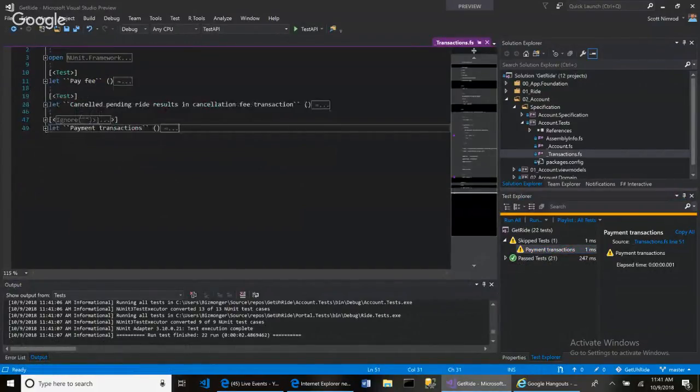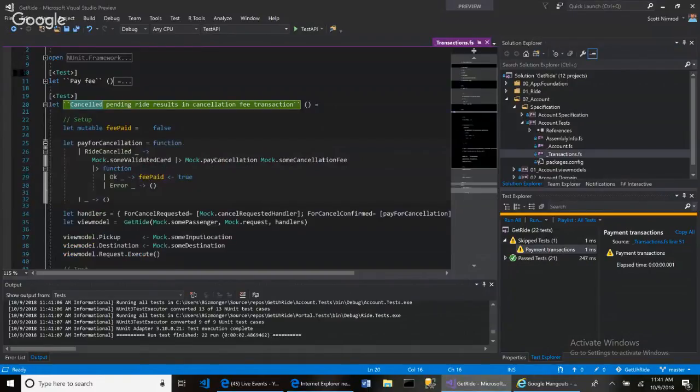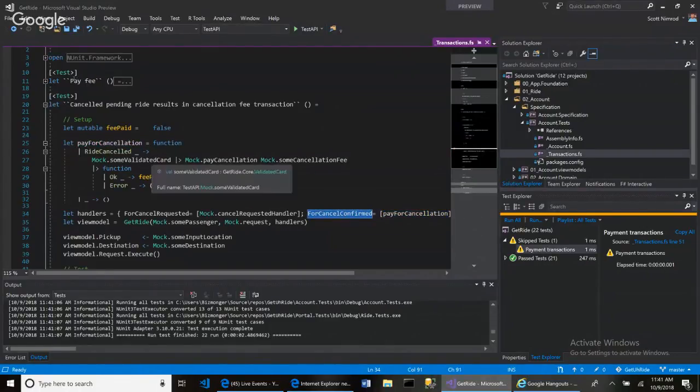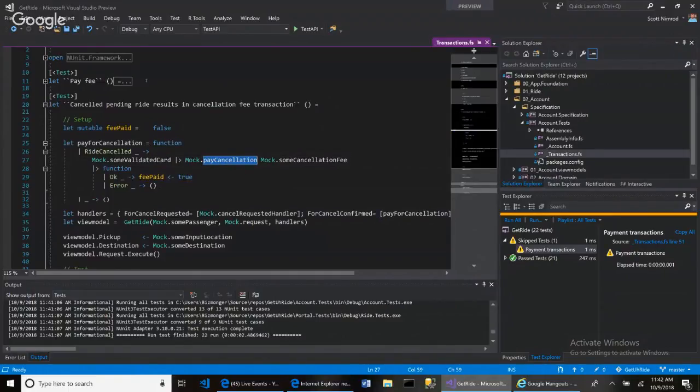Now, in the last video, I implemented this cancel pending ride results in cancellation fee transaction. This was pretty much me adding a handler for pay for cancellation as a handler for cancellation confirmed, which is right here. That basically takes some validated card, which is used to pay a cancellation fee. And if that operation succeeds, then I set a flag that a fee has been paid. Okay, this fee paid probably can serve as an event,